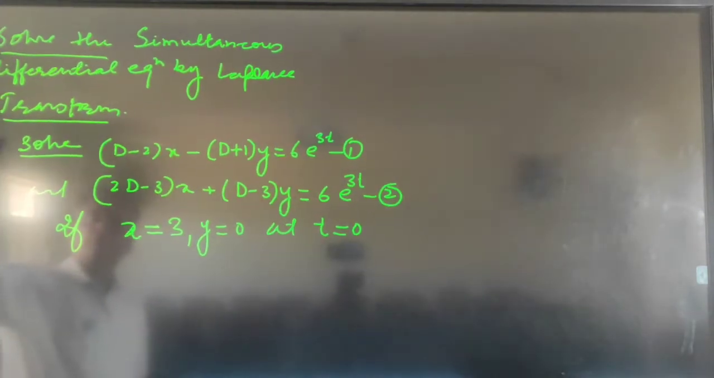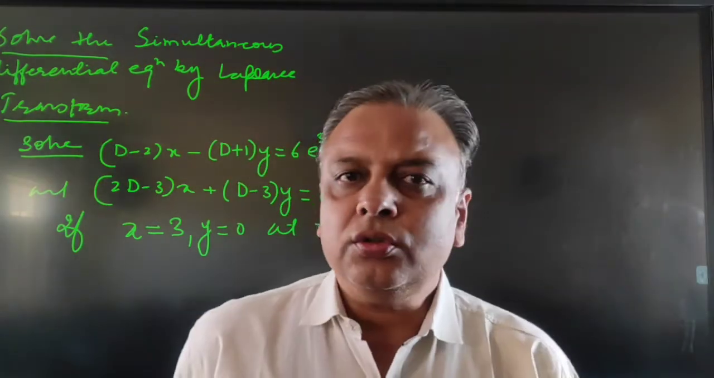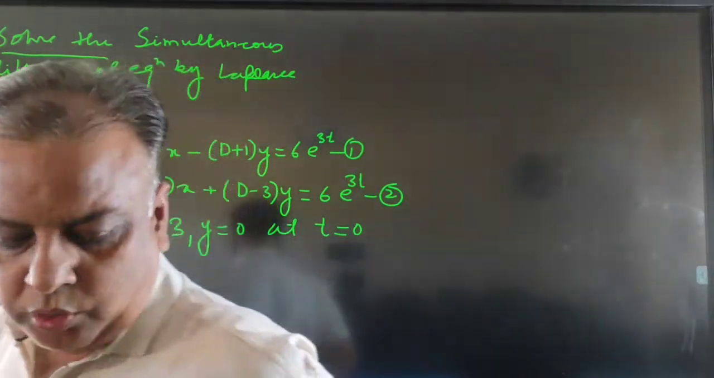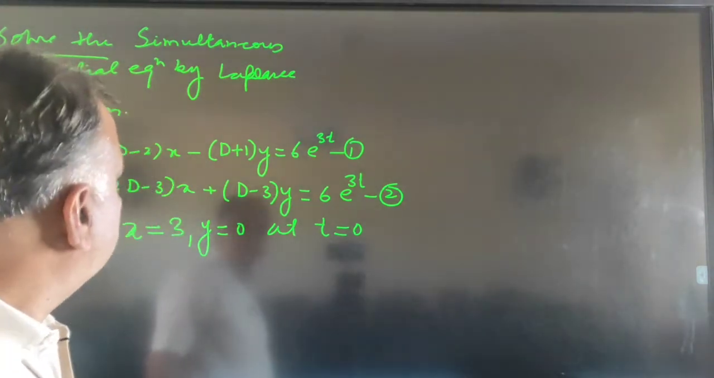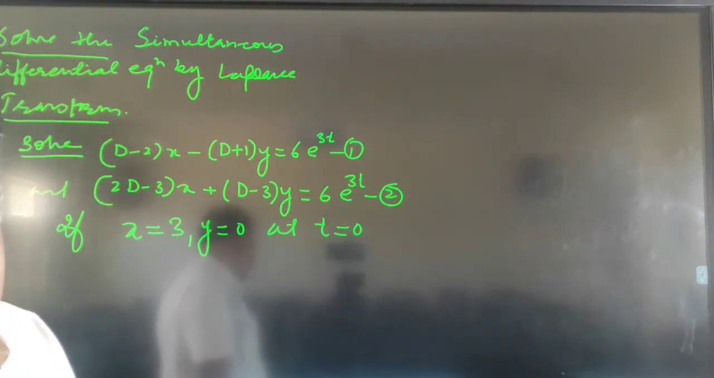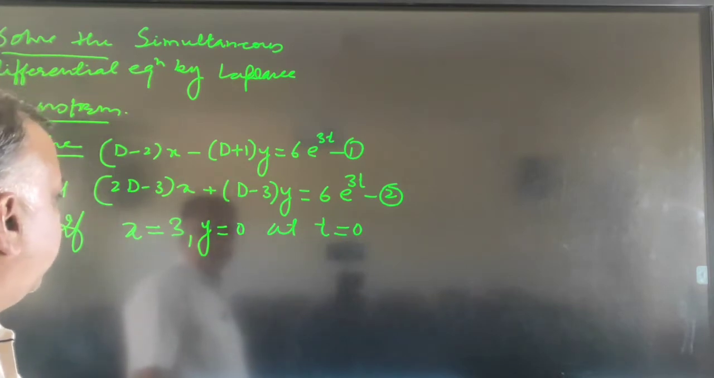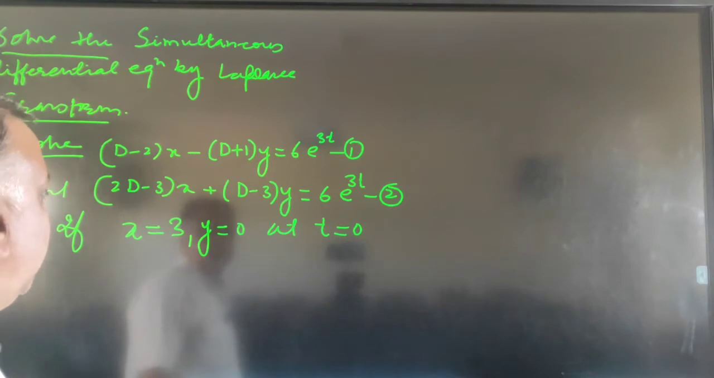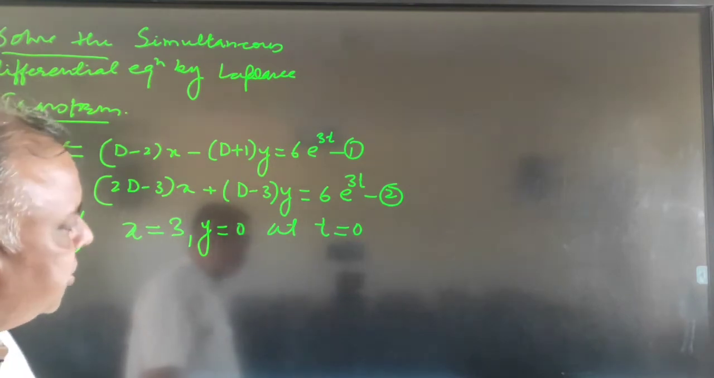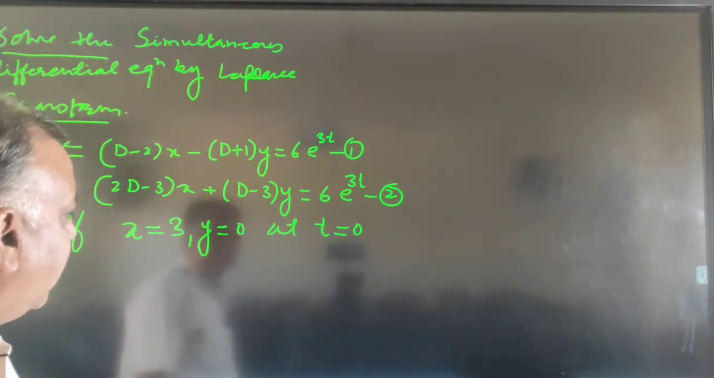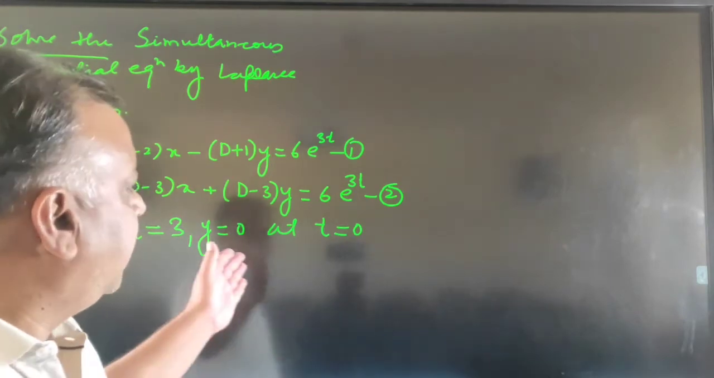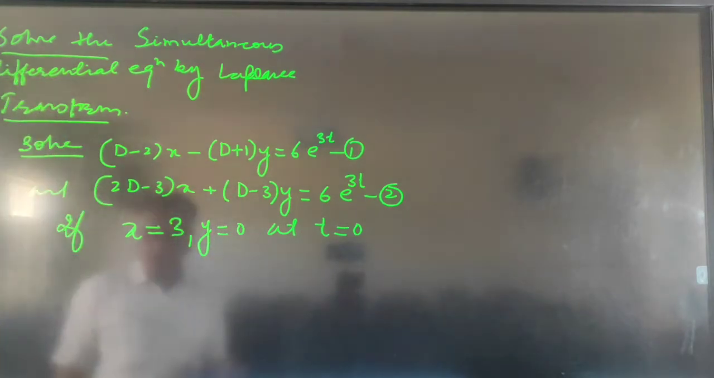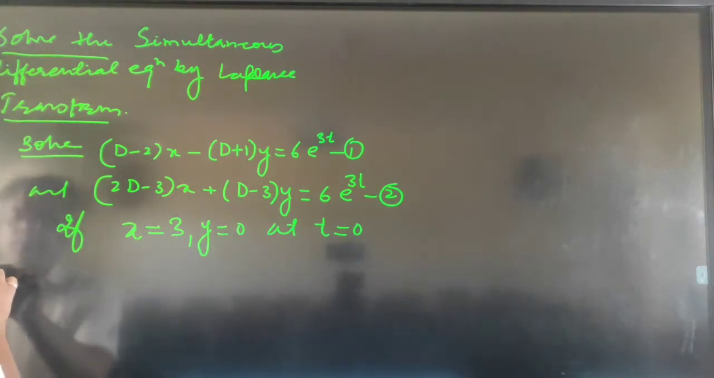So in order to solve these simultaneous differential equations, (D - 2)x - (D + 1)y = 6e^(3t) and (2D - 3)x + (D - 3)y = 6e^(3t), the values of x and y are given as 3 and 0 when t = 0. That is the initial conditions. The solution of this problem: